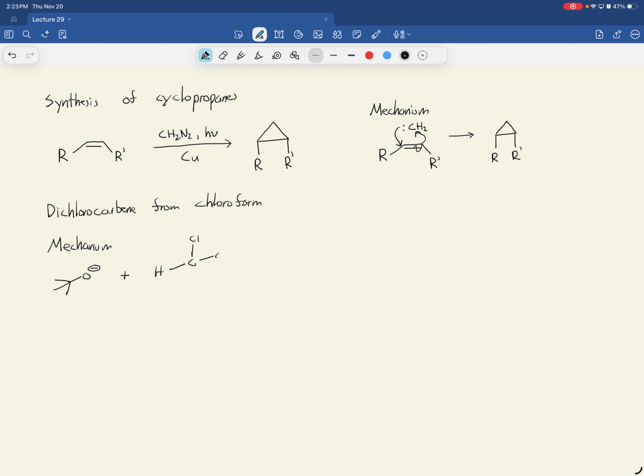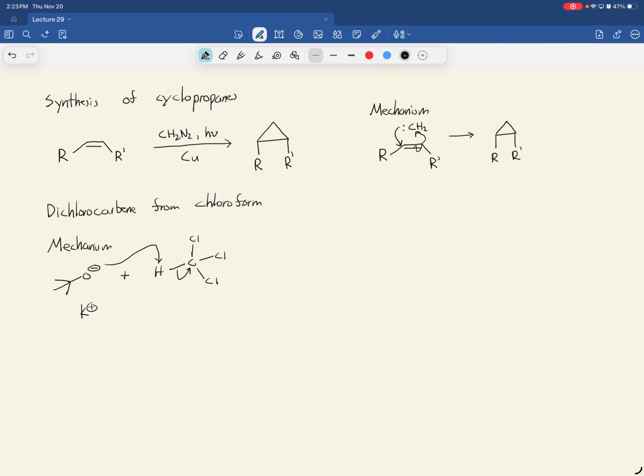So we look at chloroform, right? If we react with the base, what can we say about that H? Is it acidic or not very acidic? Very acidic. So you can actually deprotonate chloroform, so that's why you can't mix chloroform and base. It's unstable. So potassium tert-butoxide here will deprotonate that